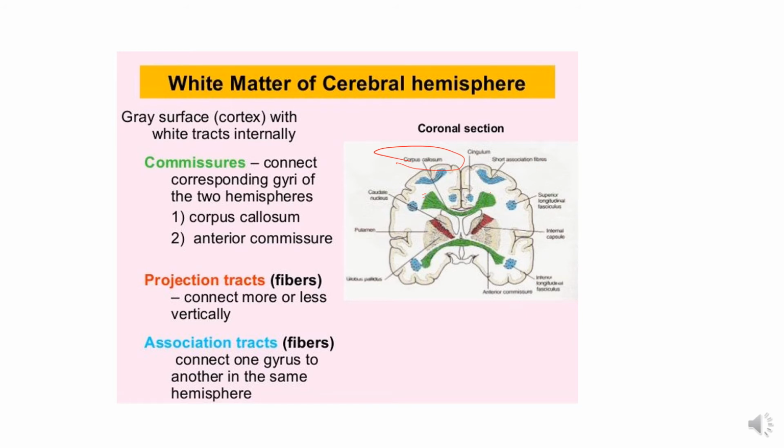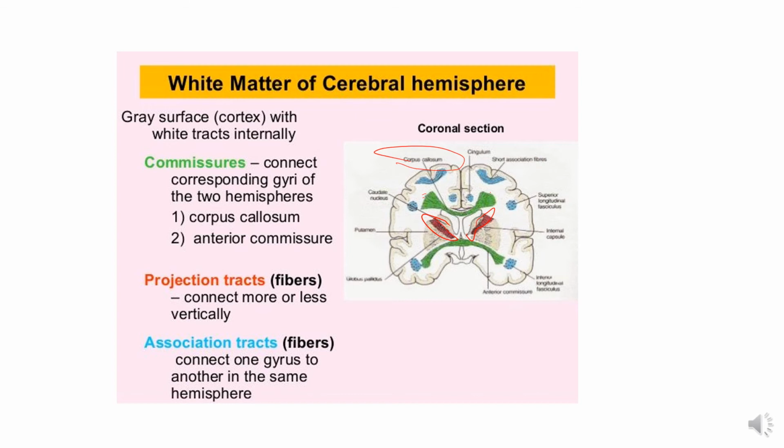Now the projection fibers. These connect the cerebral cortex with the gray matter of the lower parts of the brain and with the spinal cord. So these fibers, they go through the internal capsule. I will show you in the coming slide. Here also is shown the part of the internal capsule. This is a narrow space from where these fibers go down into the lower centers, and these are the projection fibers that connect the cerebrum with the lower centers of the brain.